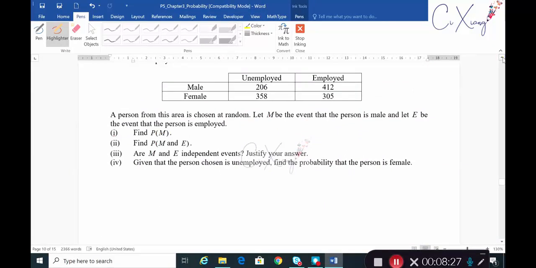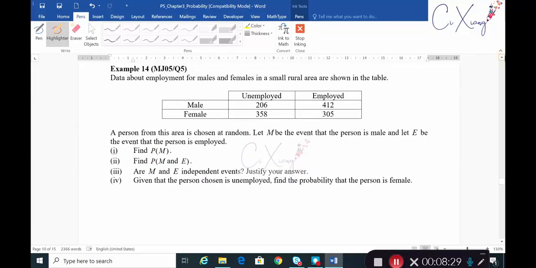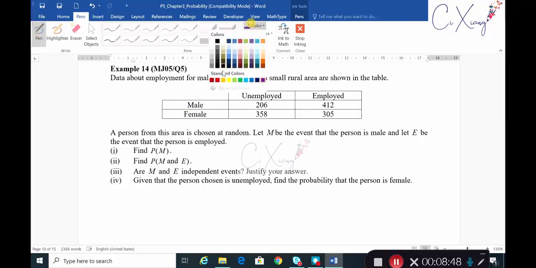Let's have a look at example 14. It is a two-way table again. Alright, so now, if you go through the question, you realize that it is a two-way table question. Therefore, before you start answering the question, please get all the marginal totals and also the grand total for this table. So for unemployed is 564,